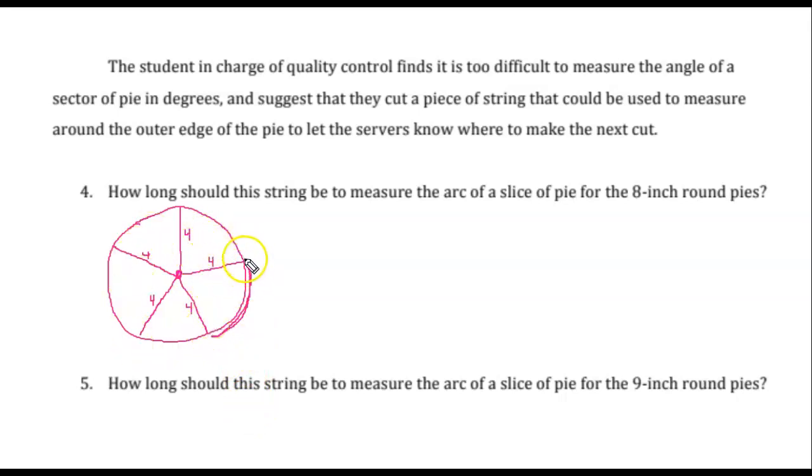If we think about that, I don't really need to know what the angle is, because I can just take the circumference of the circle and cut it into 5 equal pieces. So circumference, if you recall, is 2 times pi times the radius, or the diameter times pi. So our diameter was 8, and if we do 8 times pi, we get